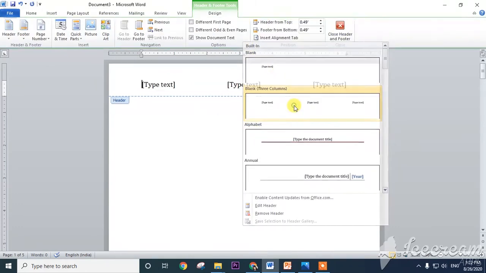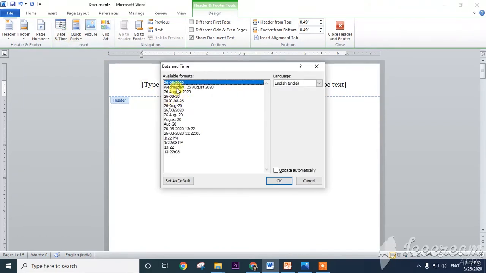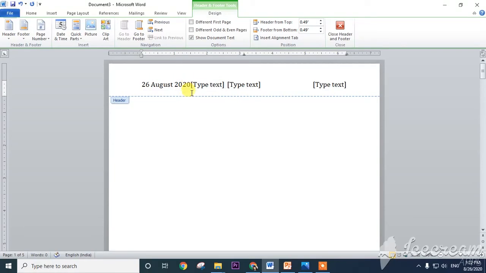You can click on the second type. Here I want to insert date and time. Click on Date and Time, and choose which format you want. See here, there are so many formats. I am selecting 26th August 2020. Click on OK. See here, the date has come.